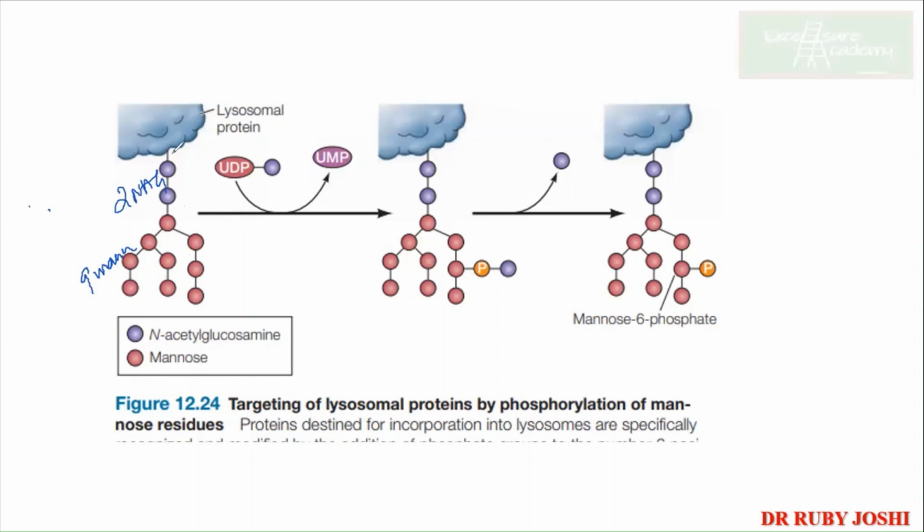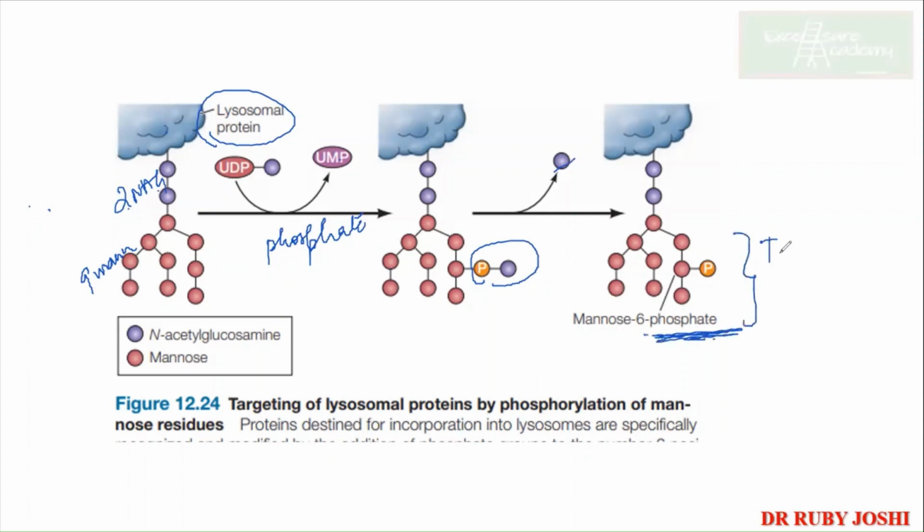Now, if suppose this protein is meant to be transported to the lysosome, इसका मतलब क्या ये lysosomal protein है, then after your 2 NAG and 9 mannose, there is going to be another kind of modification. That is, यहाँ पे क्या होगा आपका phosphate group add हो रहा है. So UDP becomes your UMP, because one of the phosphate groups is added over here. Okay, did you get the difference? And later this is removed. What is required is that at the 6th mannose, the phosphate group has been added.